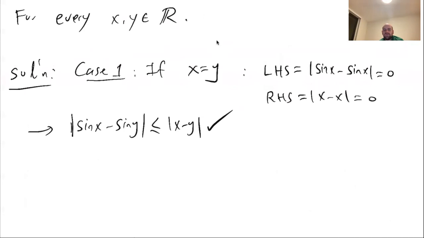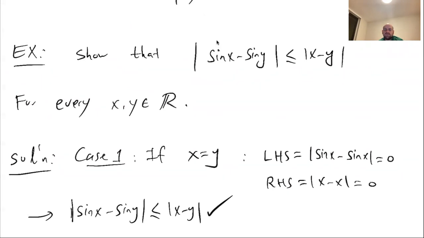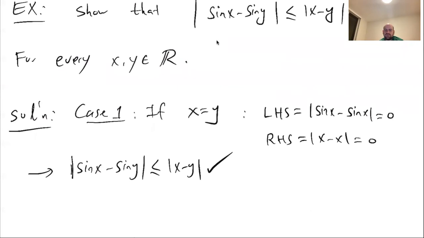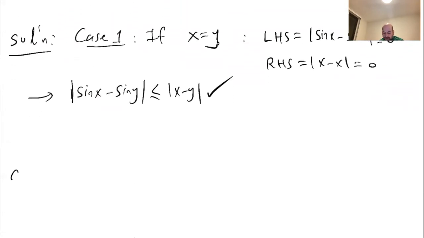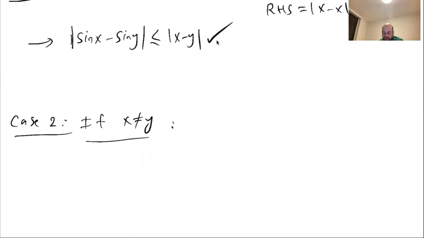Okay. So no problem in this case, because if x equals y, the left-hand side and right-hand side of these inequalities will both be equal to 0. And of course, 0 is less than or equal to 0. So no problem. Now, case 2: if x is not equal to y, then I want to say that,